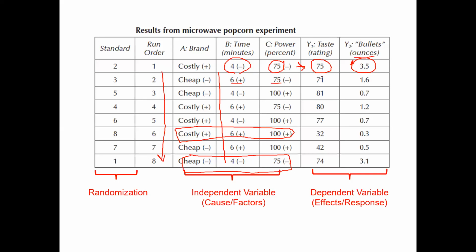Then they gave it once again to the population. They told 71% is good, like Flipkart ratings out of 5: 4 I'll give, 3 I'll give, like that. Out of 100, 71% liked it, and it formed 1.6. Like that it keeps on going for the 8 experiments. So they did 8 experiments like that, and remember, these values we should give to DOE,